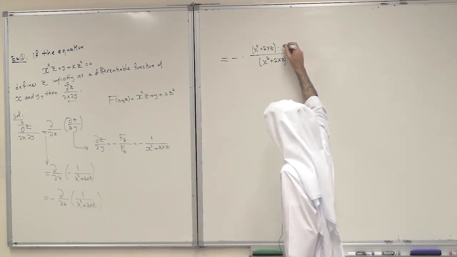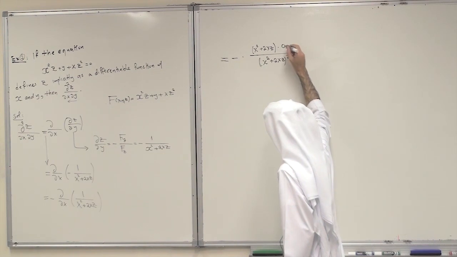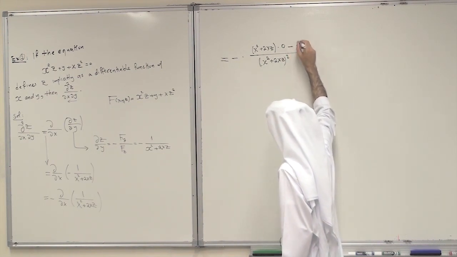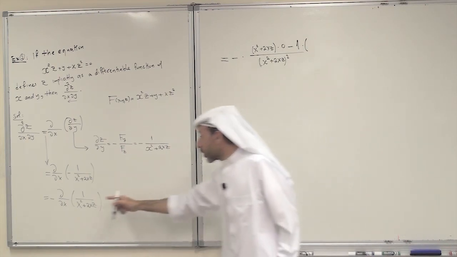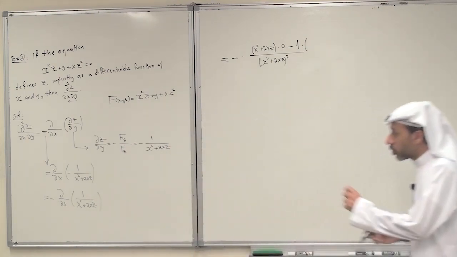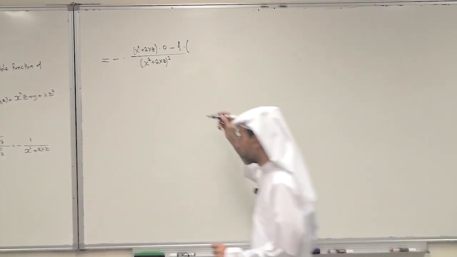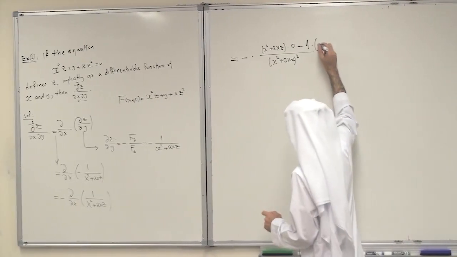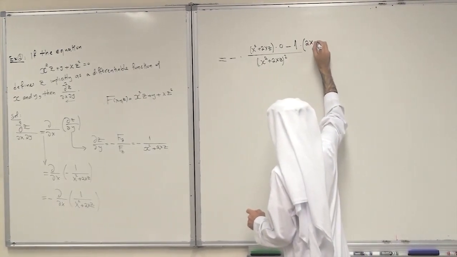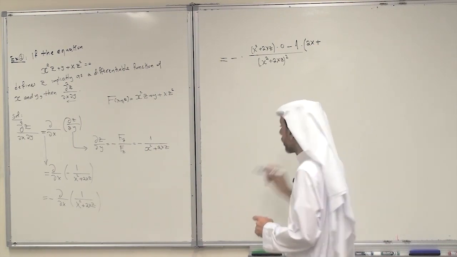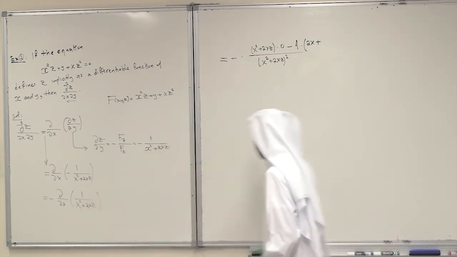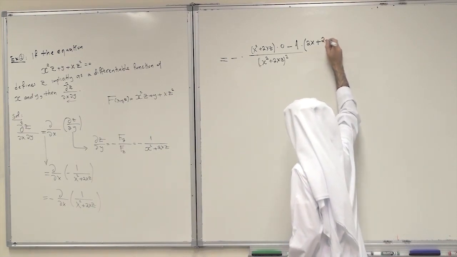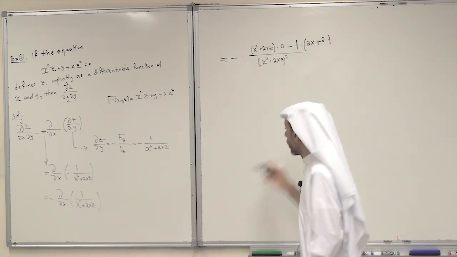So it is 0. Minus the numerator, which is 1, times derivative of the denominator with respect to x. So differentiate the denominator with respect to x. So derivative of x squared, it is 2x plus derivative of 2xz. 2 is a constant, so I will leave it 2 as a constant, times derivative of